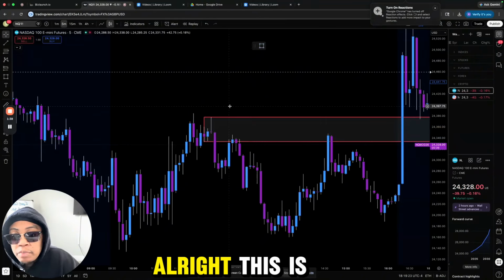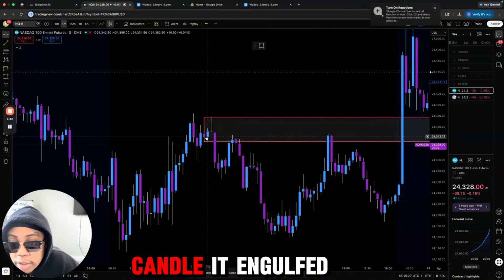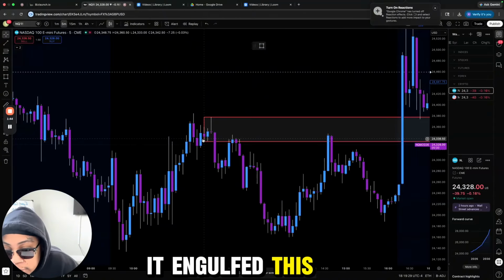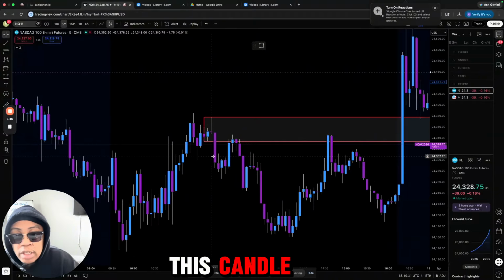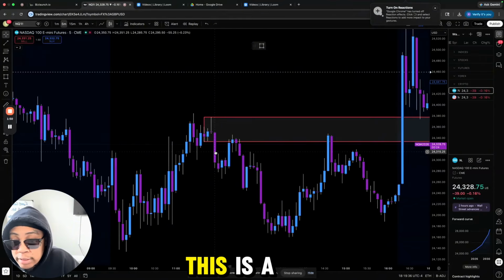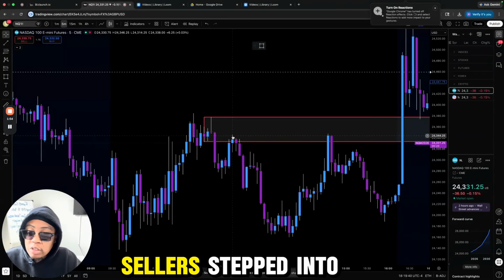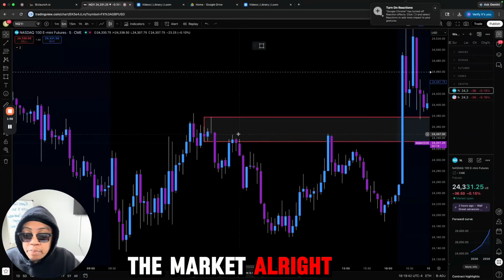All right. This is a strong move. It engulfed this candle. It engulfed all of the previous candles. This is a strong move. All right. This is letting us know that sellers stepped into the market. All right. Now,